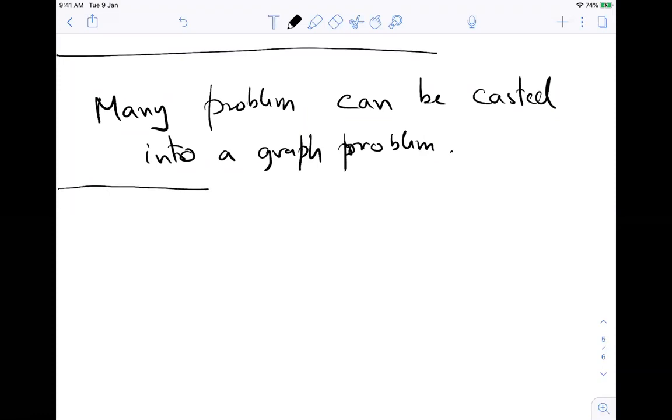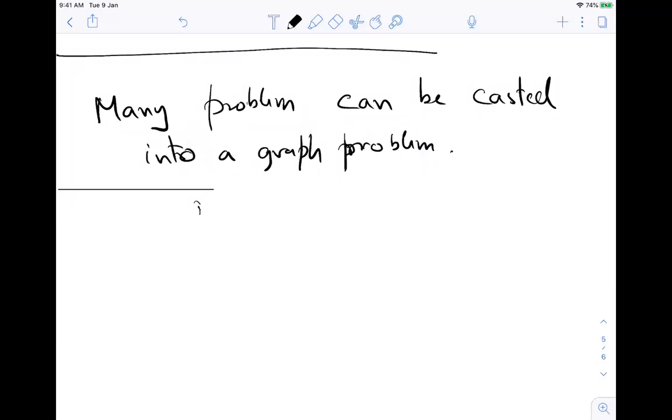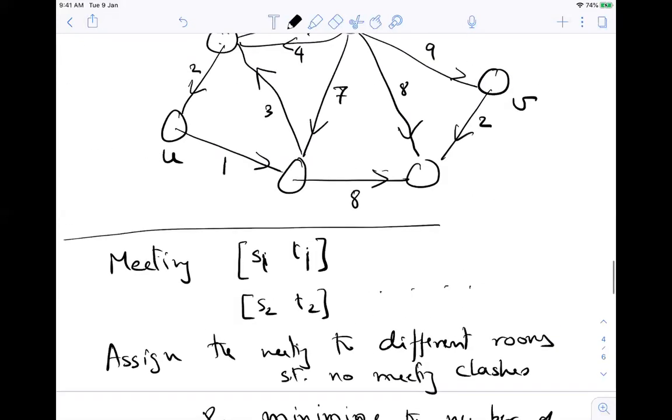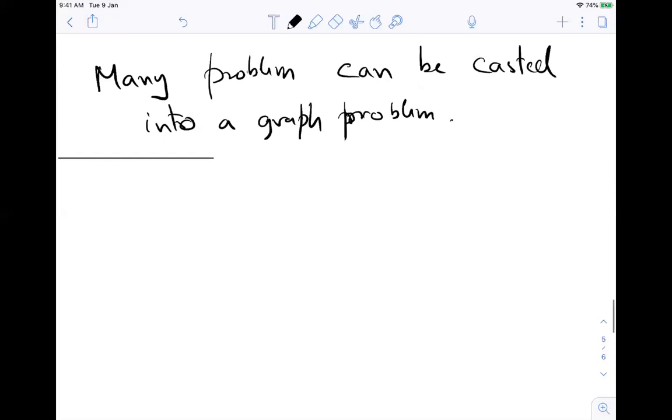These graph problems therefore become important. Of course, it is very hard for anybody to come and solve every problem individually, right? So instead, we study these abstract graph problems, and they help us to solve these problems. I know this is not making much sense to you, because unless I give you examples, how will it work?